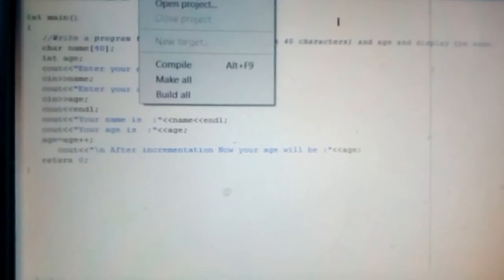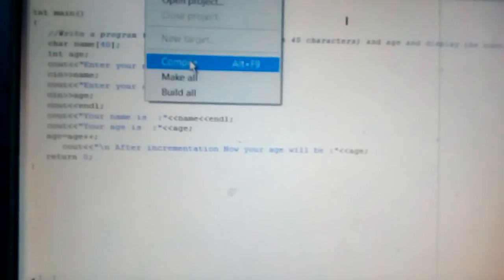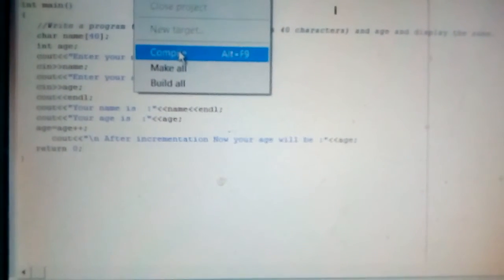You just enter the name of the file and then click on save, and then you have to click on the project. Okay, so click on the project and click on the compile option. Remember that whenever you make any change in your program, you have to save, and after that you have to compile, otherwise the last program will execute.